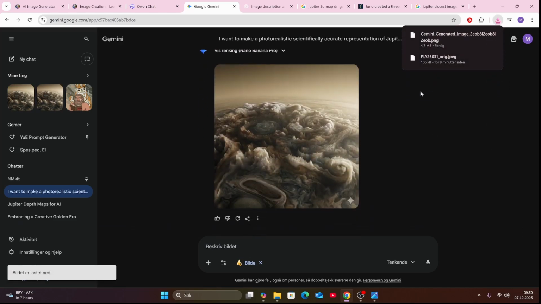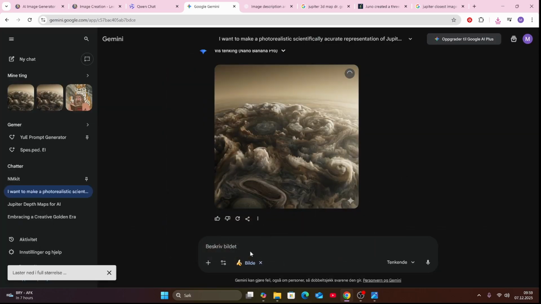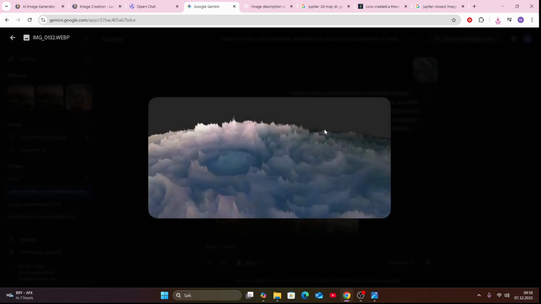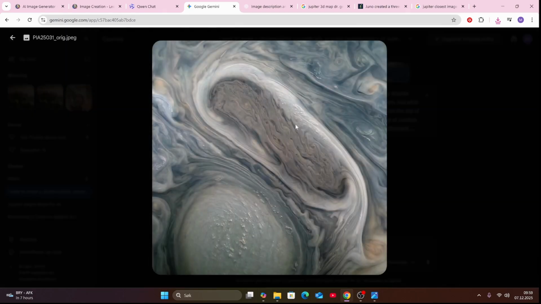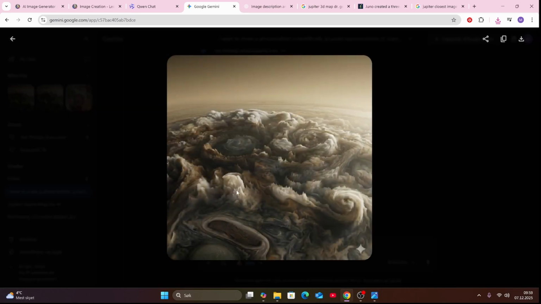That is so impressive. So, Gemini Pro pulled it off immediately. That is just so insane. Because the thing about this image is we're using science here. We have an actual depth map of Jupiter itself. This is the depth of Jupiter's clouds. It's not made up. This is how it actually is. And we're using one of the closest images ever taken of Jupiter to generate this with AI. I mean, sure, it looks a little bit wonky, but